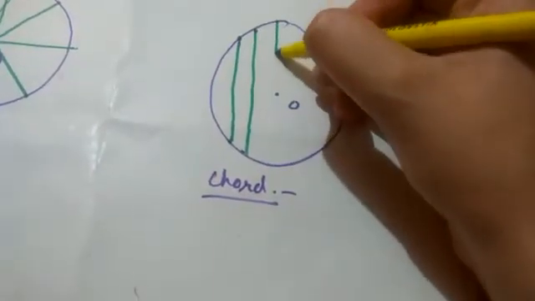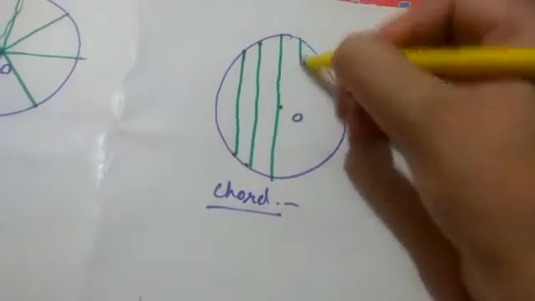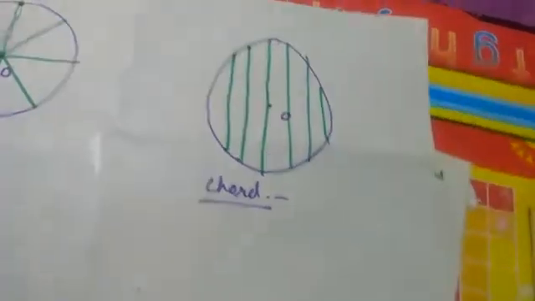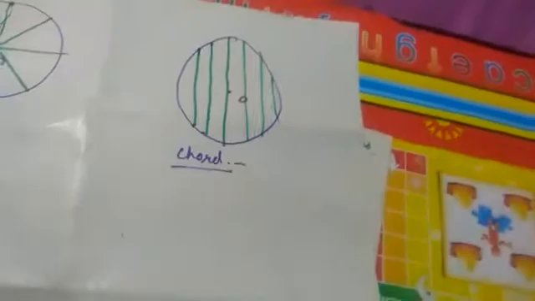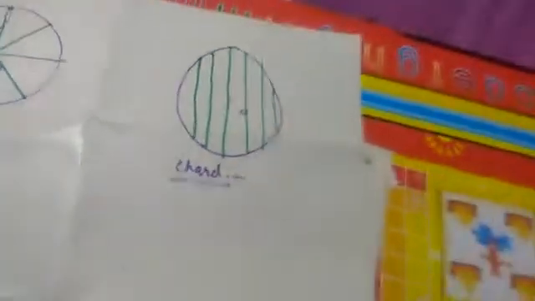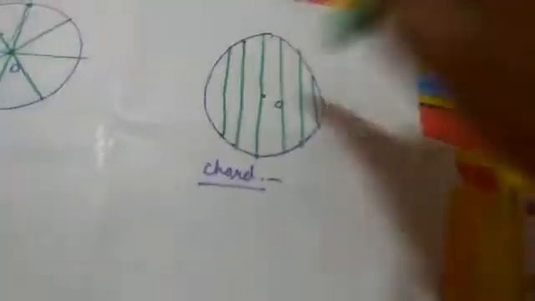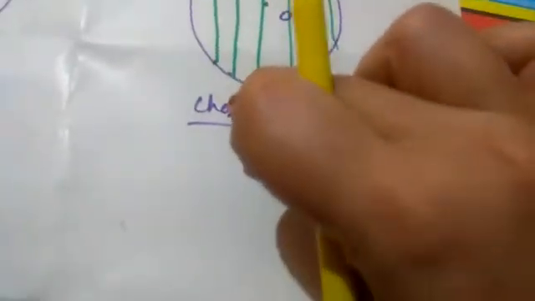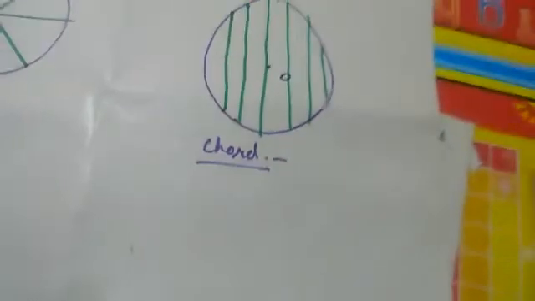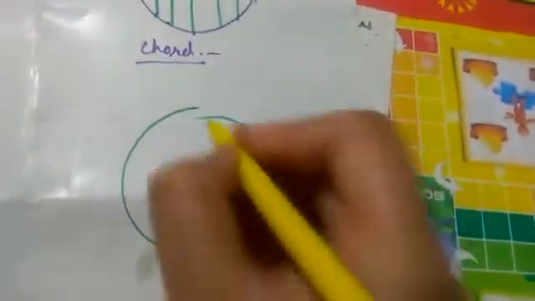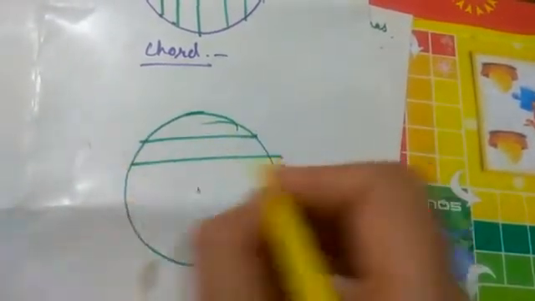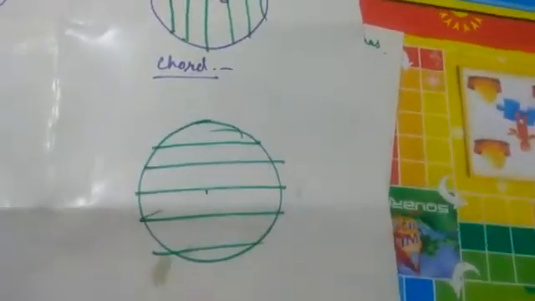So if I am doing this, this is also a chord, this is also a chord, this is also a chord, meaning there is no condition whether the line is passing through the center or not. In a chord, you are tension free. You can choose any two boundary points and join them, and that is the chord of the circle. Now some students are saying that ma'am, these are not chords. These are also chords. All these are chords.